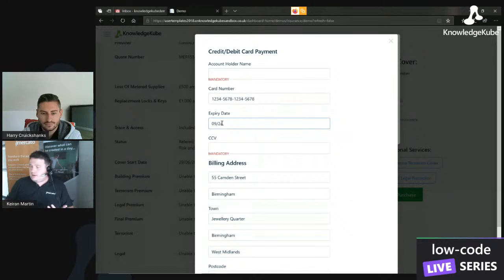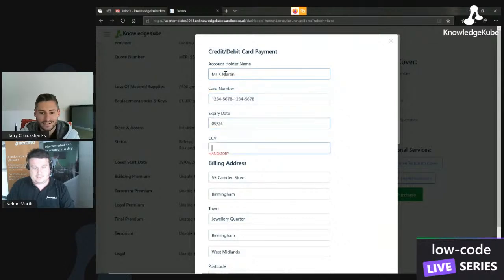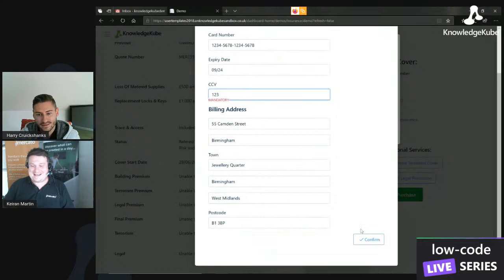Okay, so let me just enter my details for a payment. Now, that's been up on the screen for quite a while now. I hope that's actually not your credit card number. No, it's definitely not my credit card, so you're not going to be able to make any payments off of it, Harry. Okay, so let me just click confirm